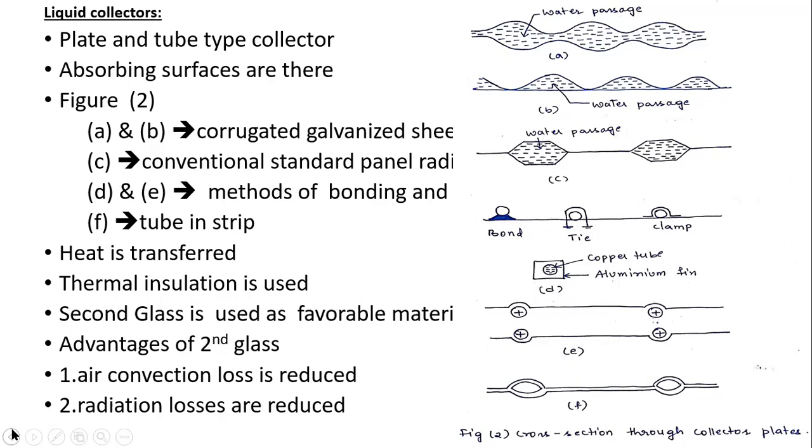The liquid heated generally uses water as a fluid. Sometimes this water will be mixed with ethylene glycol, which is used if ambient temperatures below 0 degrees are likely to be encountered. Typically, our collector dimensions, length, breadth and width, are 2 m, 1 m and 15 centimeters. 2 meters into 1 meter into 15 centimeters.